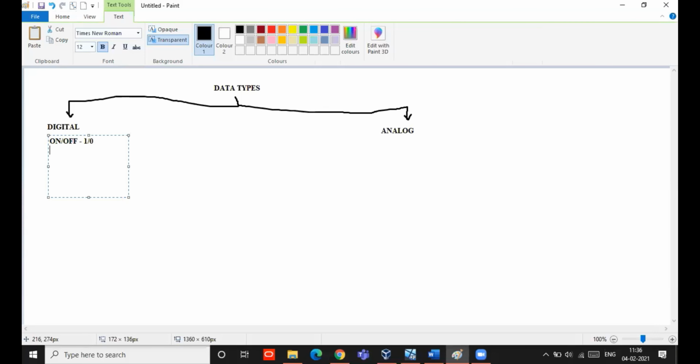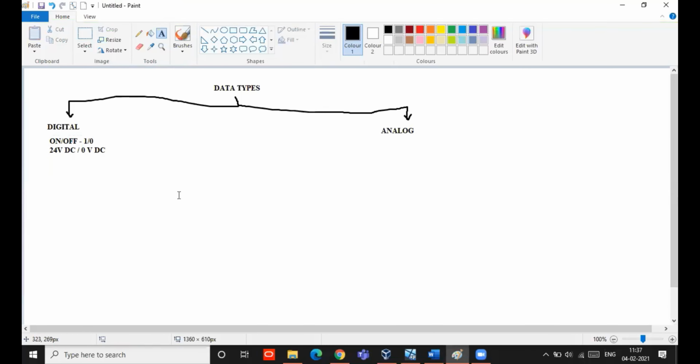Now, if you take a PLC, if the status is on, it will receive 24 volt DC, and if the status is off, it will receive 0 volt DC. So digital means there are only two statuses, on or off, that is, 1 or 0.